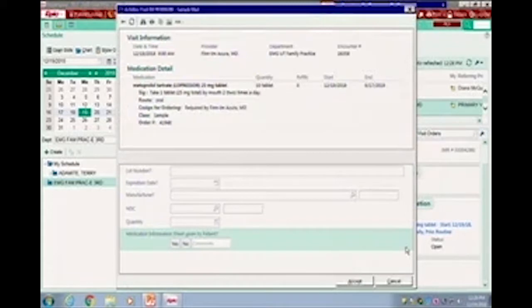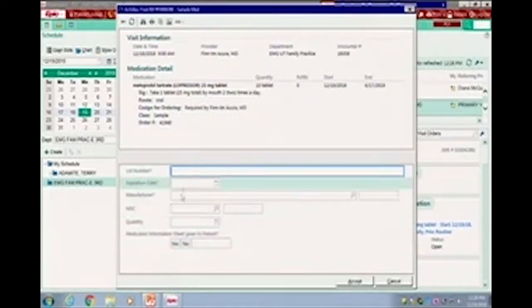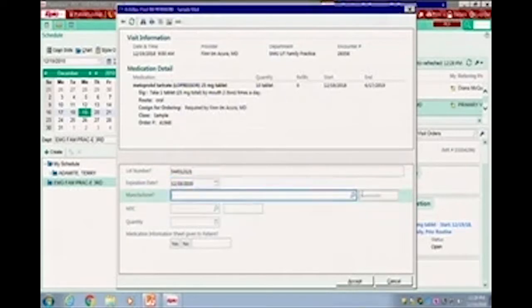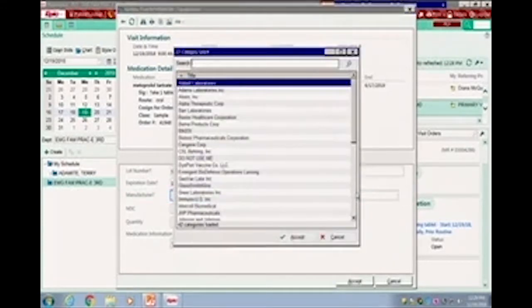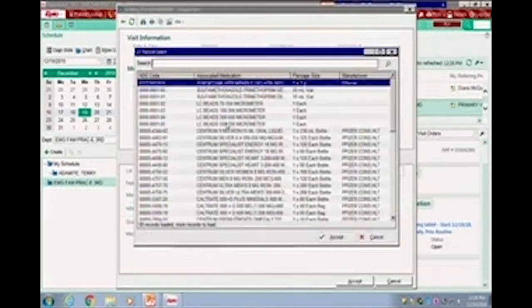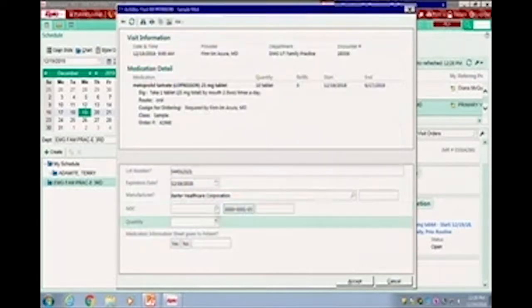So once I click on that, it will want additional information such as the lot number, expiration date, and so forth. So once you have added all of that, and I'm just throwing stuff in here for training purposes. So anytime you have a search box that has like a magnifying glass, that means it's not a free text. You'll have to click on that and choose from the list that opens. I'm just throwing something in here.